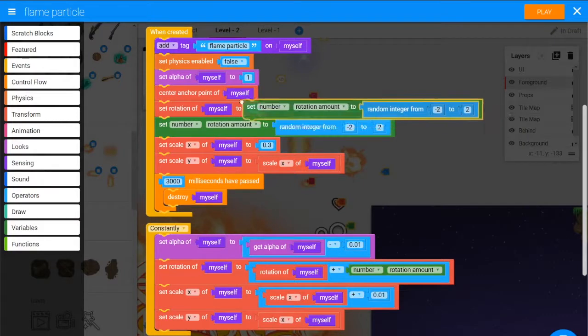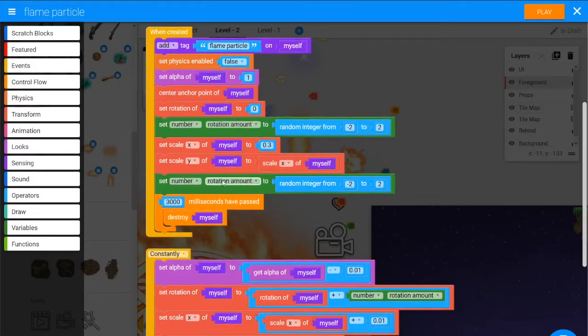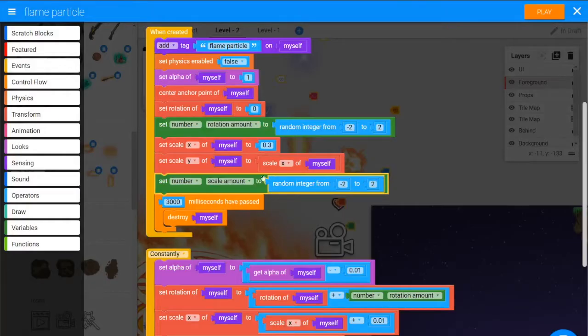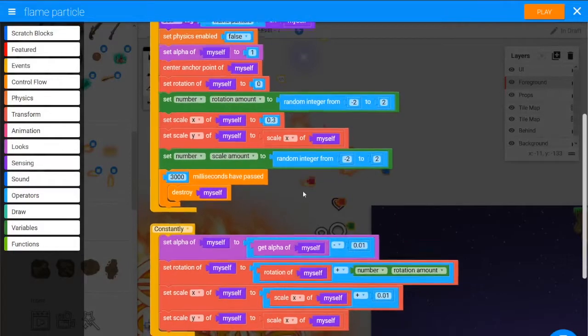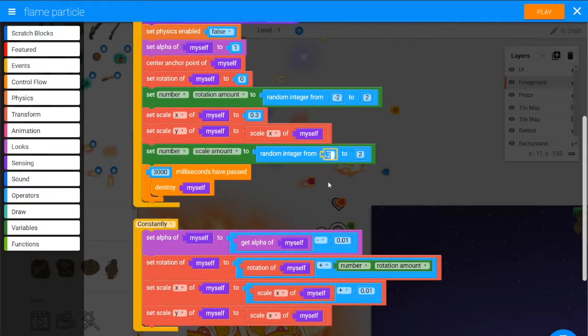So I'll duplicate this number variable. I'm going to create one called scale amount as well. Scale amount. That'll be a random integer. Well, we've got to remember scale. We don't want to have massive numbers. It's got to be decimal places, something like 0.01. So we might say random integer from